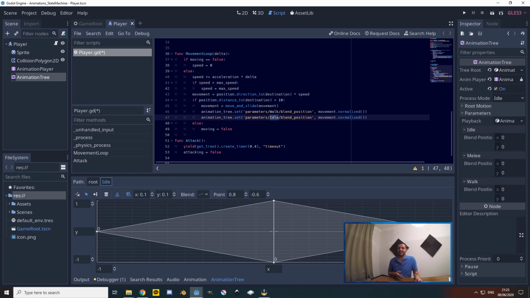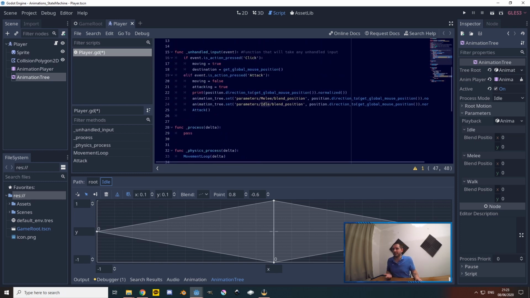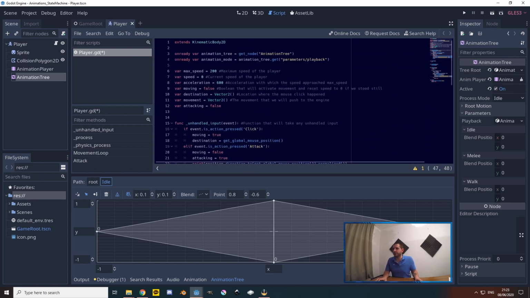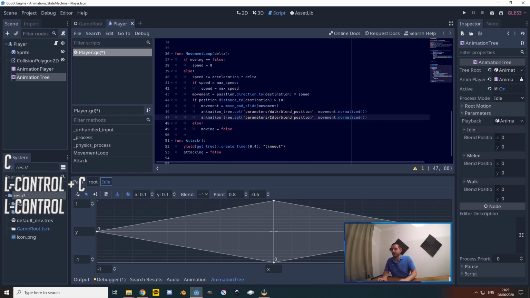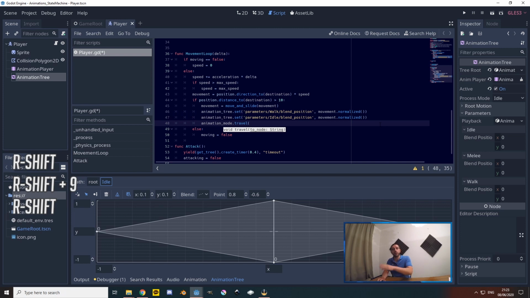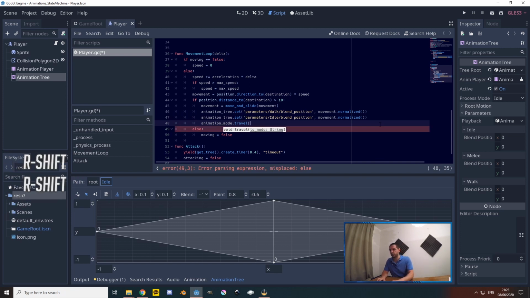Now, of course, we are setting all these walk, idle, and attack melee animation directions or blend positions, because that's equal to a direction right now. Now we've got to make sure we activate the right mode. For that, we of course have our animation mode right here, and we're going to go for travel. Here is that word again, traveling from one animation to the other animation, as we were talking about at the beginning of this tutorial.